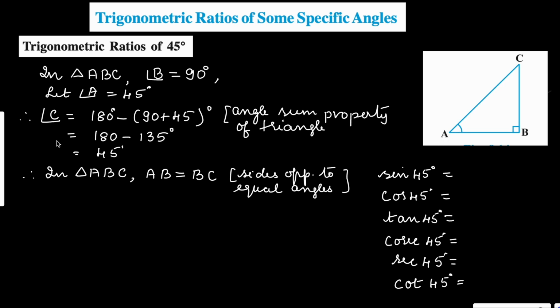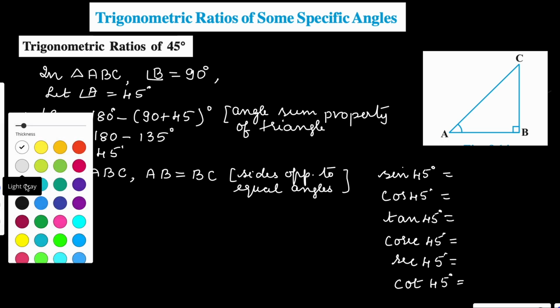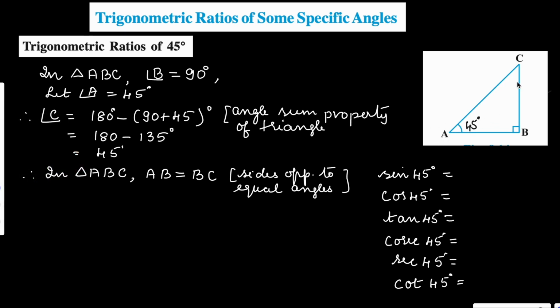If we consider angle A equal to 45 degrees, then angle C is equal to 180 degrees minus (45 plus 90). By the angle sum property of a triangle, we will get 45 degrees here. So in triangle ABC, angle A and angle C are equal, so its opposite sides are equal. So these opposite sides, if we consider them as A units, and BC is also A units,